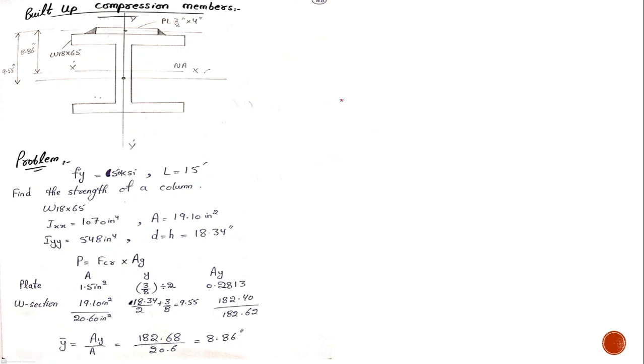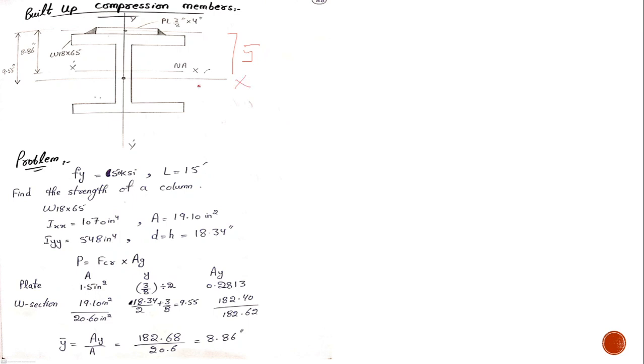If you have to find the neutral axis along y dash, you should know that x dash is the neutral axis along the x-axis, and y dash is the neutral axis along the y-axis. The simple, very famous formula for finding the neutral axis is a1 y1 plus a2 y2 plus a3 y3. This is your neutral axis along the y-axis. So I'll be using this formula to find the neutral axis along the y-axis, this y dash,